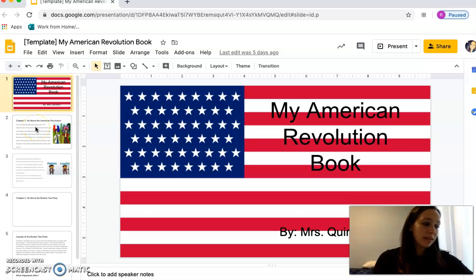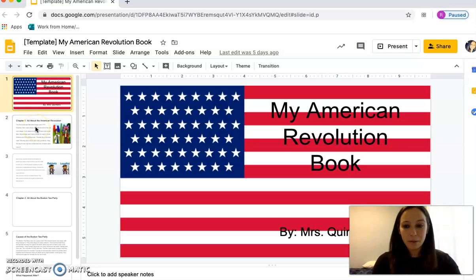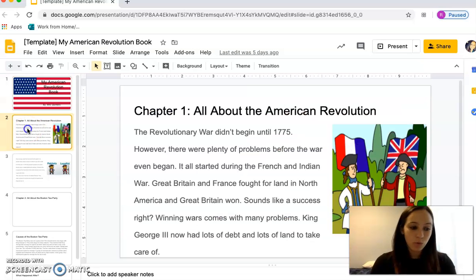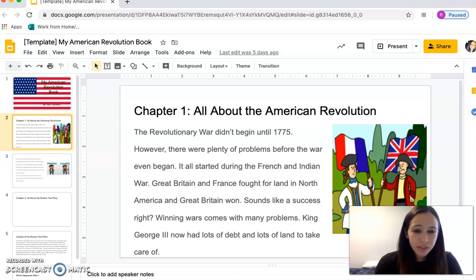All right, so the first thing that Ms. Quintero wants me to do is add some bold words. So let me look through my work and think about what are some of the important words that readers need to know or might need a definition for, okay? So the Revolutionary War didn't begin. However, there were plenty of problems. French and Indian War, Great Britain. King George now had, well, you know what? I'm gonna actually